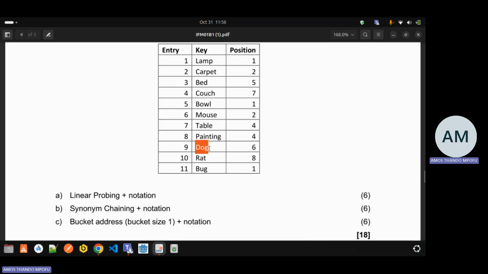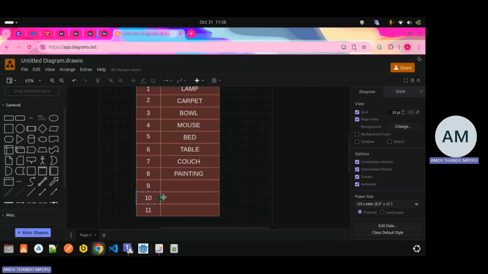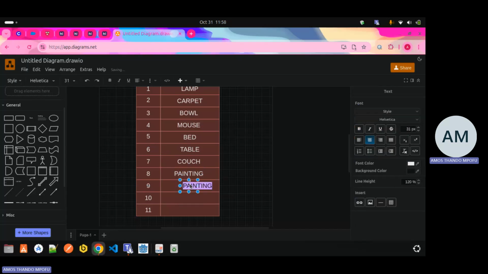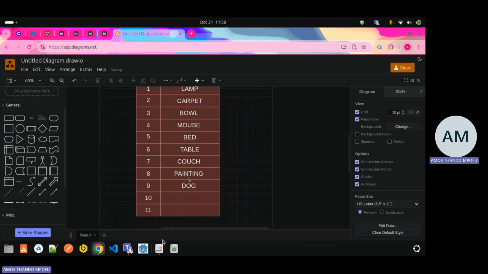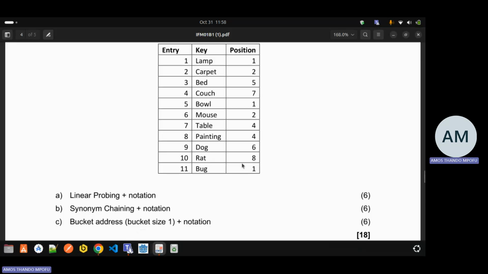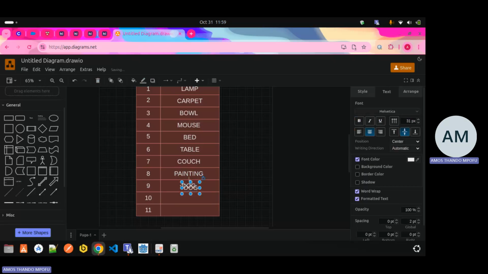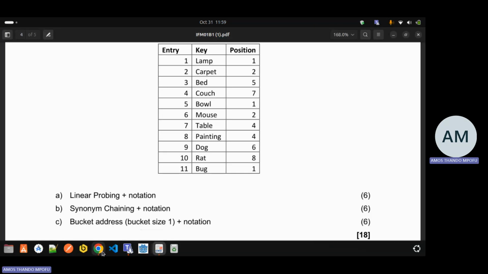right? And then dog, it's at 6, which is already occupied. So we keep looking for the next available block. I'm sure you get the idea now. So it's going to come here, dog. Yeah, you should get the idea now. And then red, it's at index 8, but then index 8, it's occupied. So it needs to go from 8. What about 9? It's also occupied. What about 10? Oh, 10 is available. So I'm going to copy this, and then it's red,